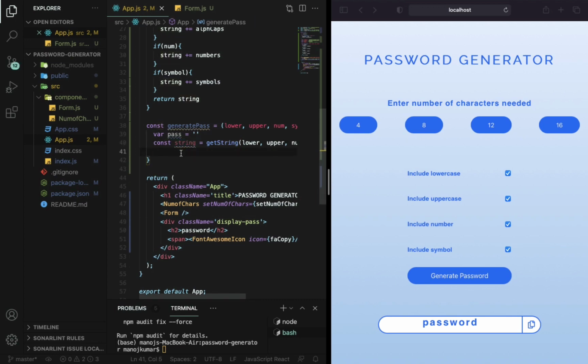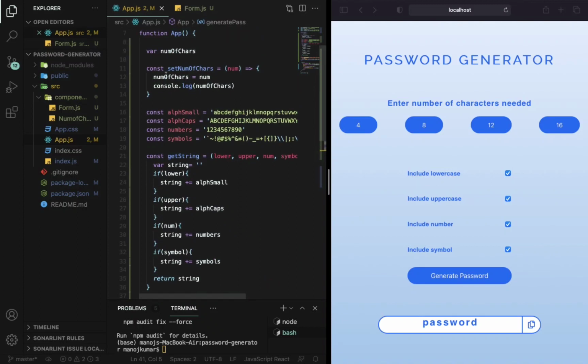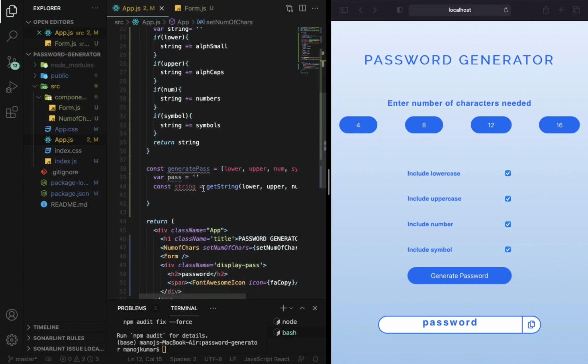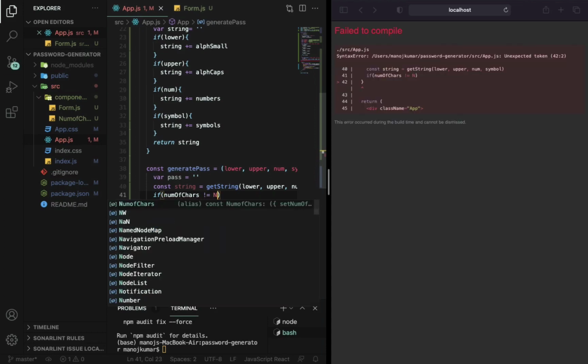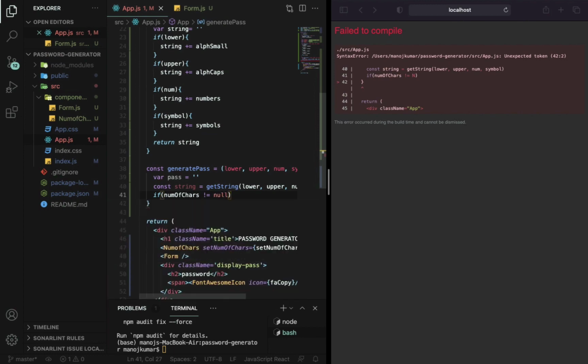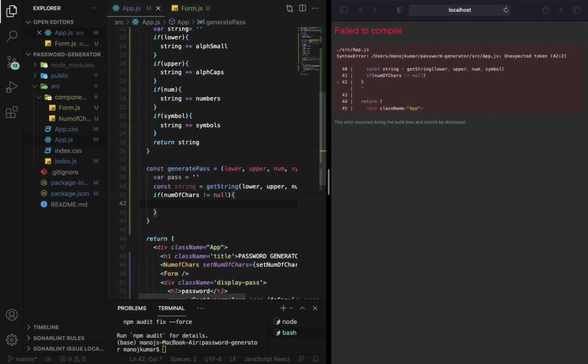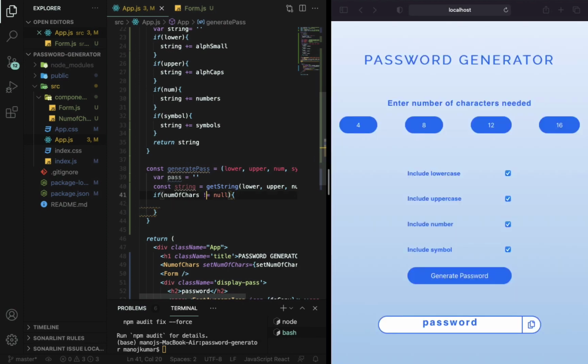Before generating it, I will check whether the number of chars has a value or is empty. So if num of chars is not equal to null, so if it is equal to null, I'm sorry,